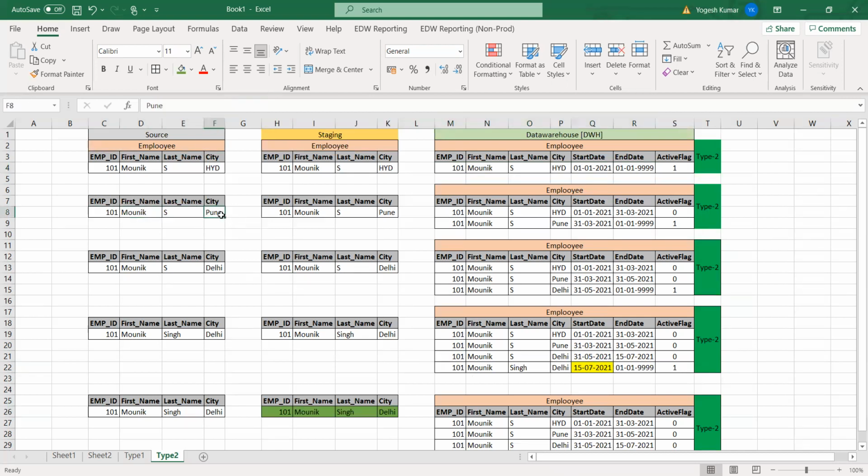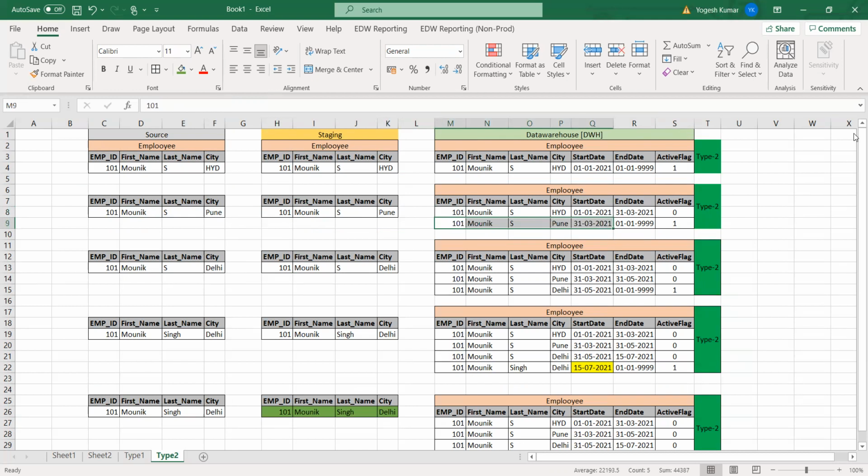If there is any change on the existing record, it will check 101, yes, that was available, and there is a change in city, he moved from Hyderabad to Pune, it will always add a new record.